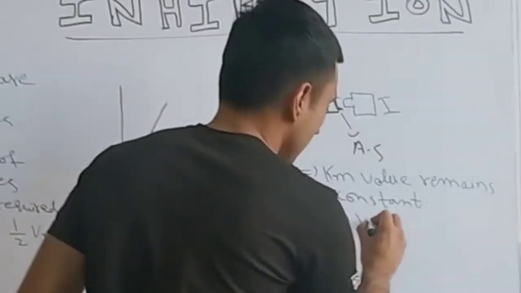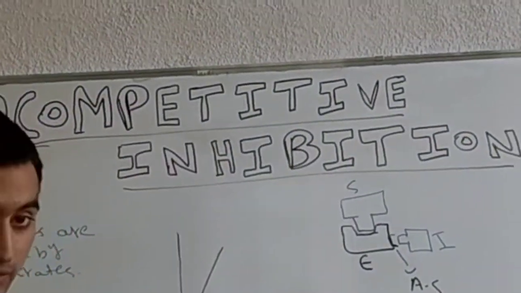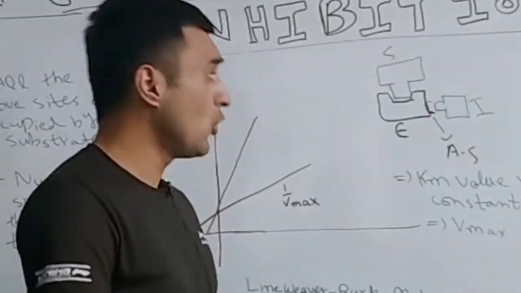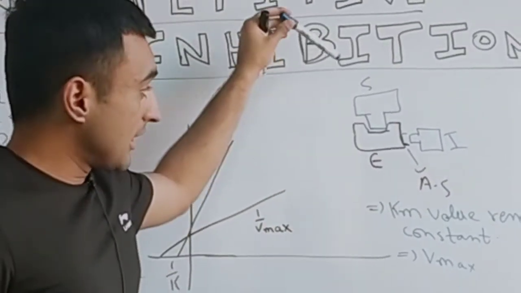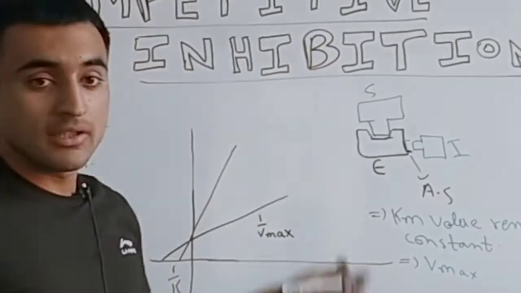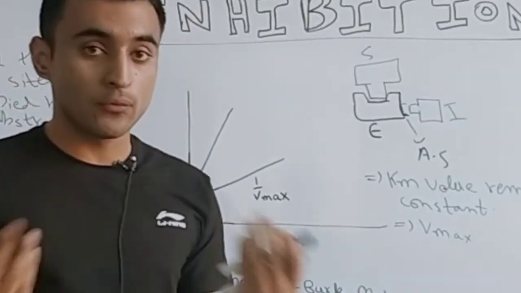Secondly, what happens to the Vmax? So the Vmax value decreases. Why? Because of the attachment of the inhibitor at the allosteric site. The attachment of substrate to the active site is not meaningful here, and not fruitful also, because